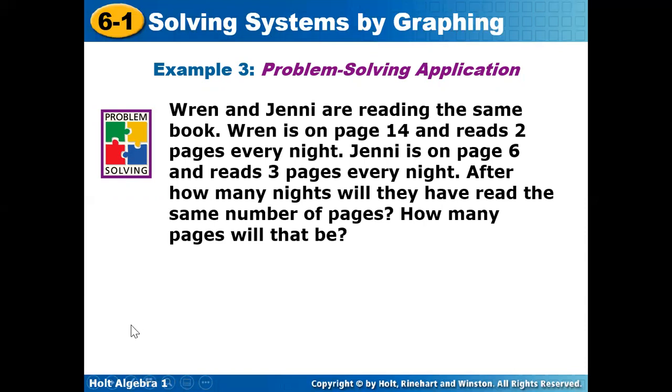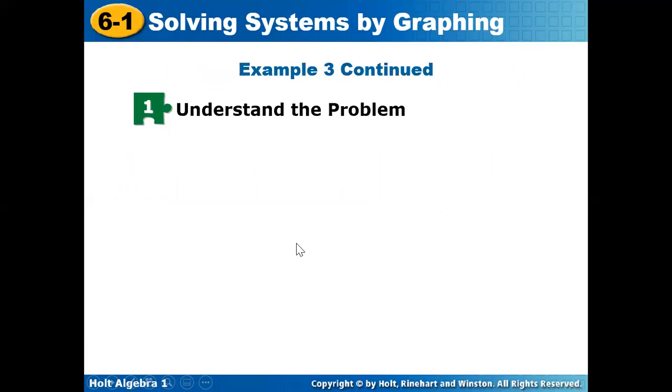All right, Ren and Jenny are reading the same book. Ren is on page 14 and reads 2 pages every night. Jenny is on page 6 and reads 3 pages every night. After how many nights will they have read the same number of pages? And then how many pages will that be? So,